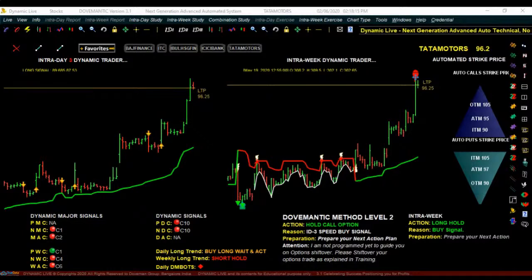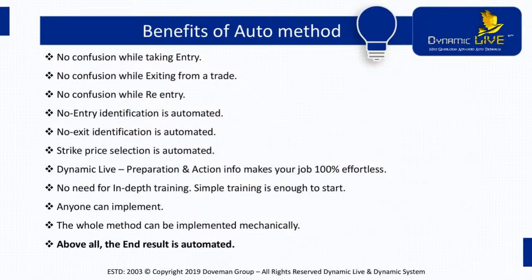So today, when you have access to this intelligence, there are some very unique benefits as a trader that you can get from this. Now, what are these benefits? Let's have a look. From here on, when it comes to trading, there won't be any more confusion while taking an entry or an exit, because you know that it gives you the right entry and right exit. You don't have to worry about anything. There is no fear. There is no panic anywhere. Simply, you can go about executing your trades. Got it? So this is the first thing. And the second thing, when not to enter, when not to exit, that is also automated.